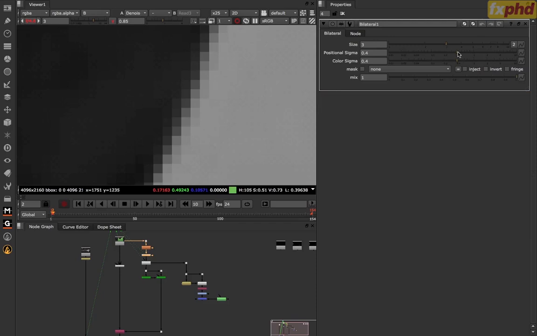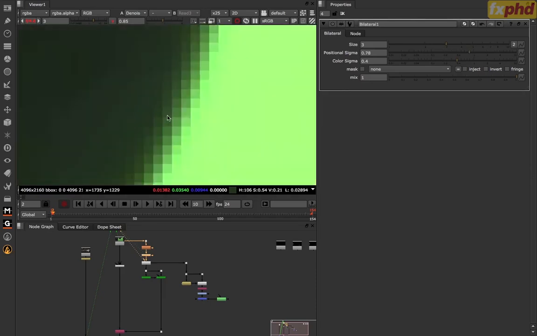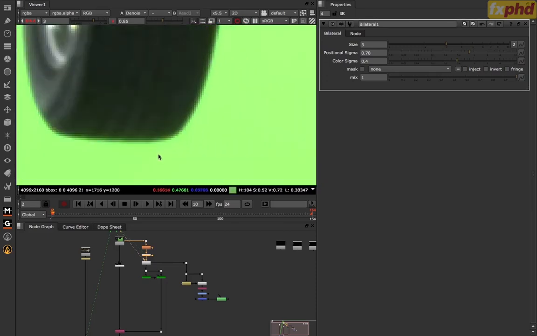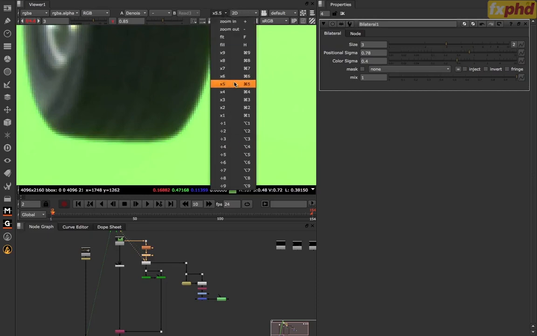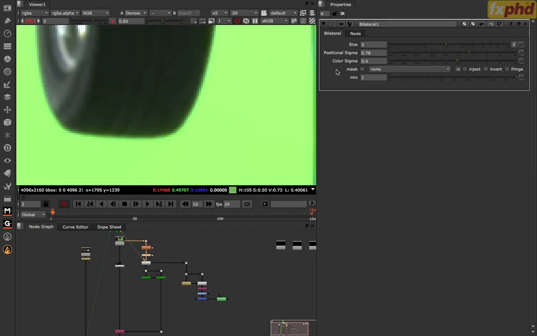This here is basically the amount of blur. So as we start to pull this up, you'll notice that immediately we're starting to soften this off, and now it's starting to feel much more like what we would want. It feels much closer to the green. So now that we've done that, let's just go ahead and look at the output without even adjusting the color sigma. The color sigma, by the way,